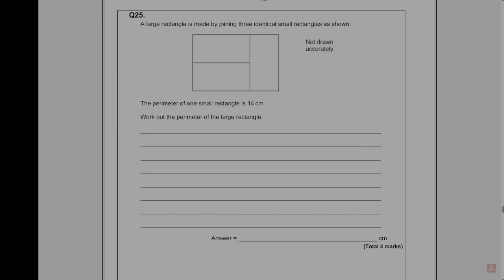Right, question 25. A large rectangle is made by joining 3 identical small rectangles as shown. The perimeter of one of the smaller rectangles is 14. Work out the perimeter of the larger rectangle. So to help me out here, if I call that length x and that length 2x, because I know that we've got an x and an x there, and we also know that that's equal to 2x. So the perimeter of the larger one is going to be a total of